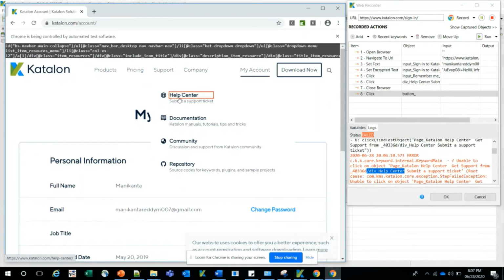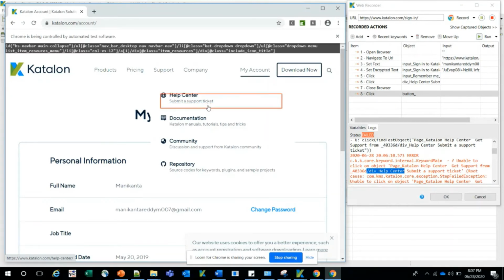You see the red color selected one, help center. If you come a little outside of that, you see the overlay or the layout which is help center with submit support ticket. If you come a little bit outside, there is another layout. So there are three layouts.